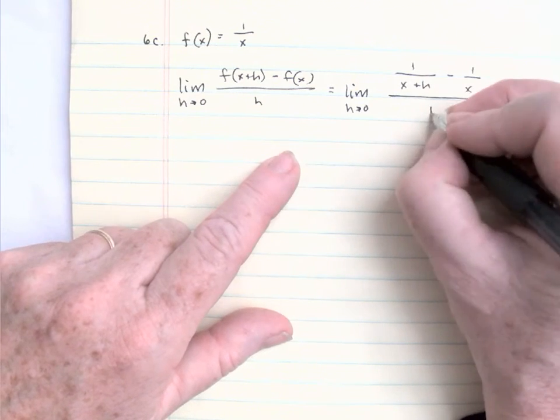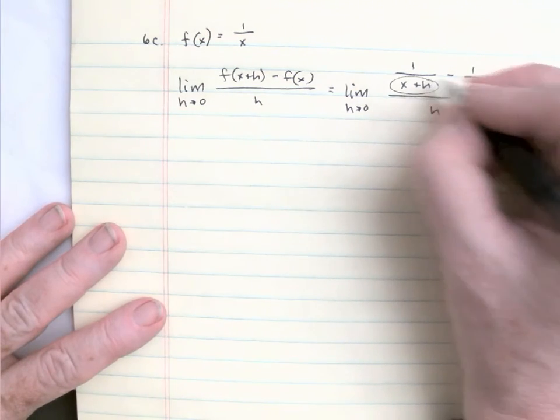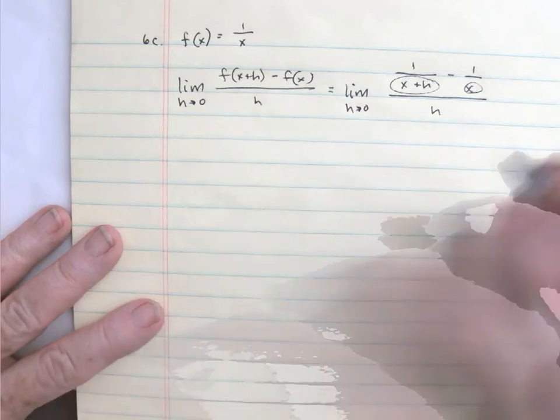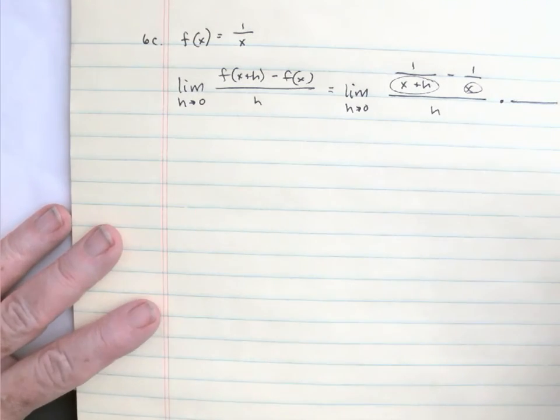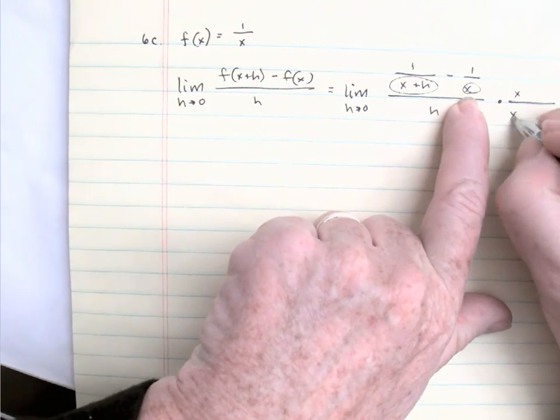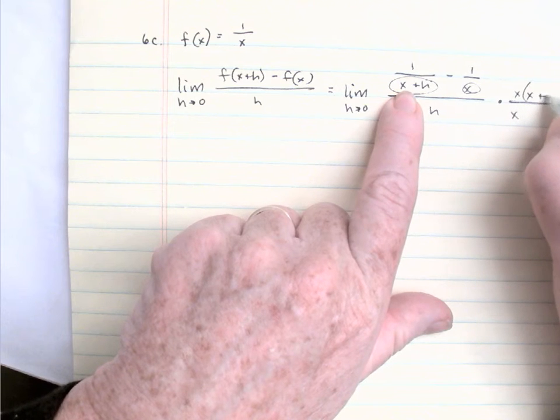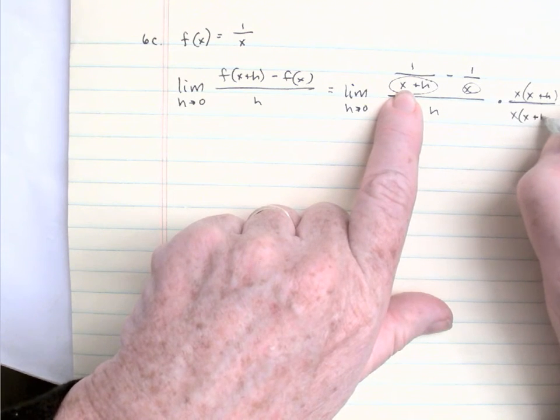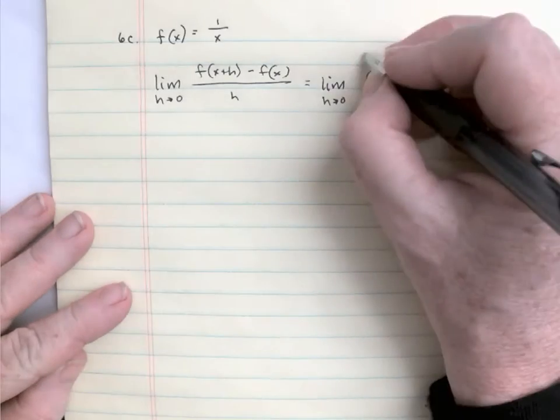all over h. Now what we notice is that we need to get rid of two denominators here. So we need to multiply by a form of 1 that'll cancel out an x, and that'll cancel out an x plus h. So we need to take the product of those. And then when we distribute,